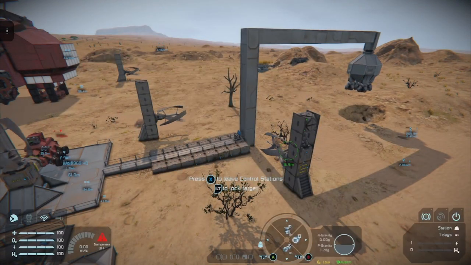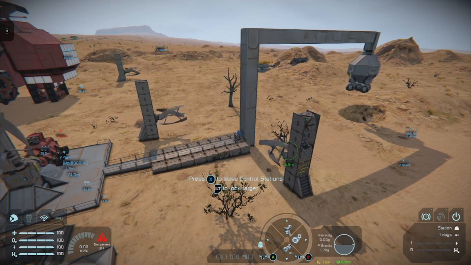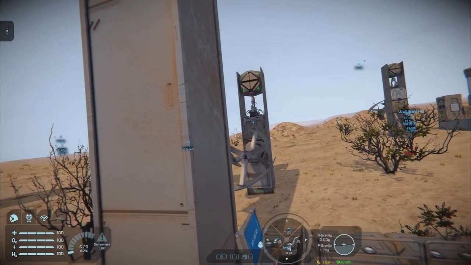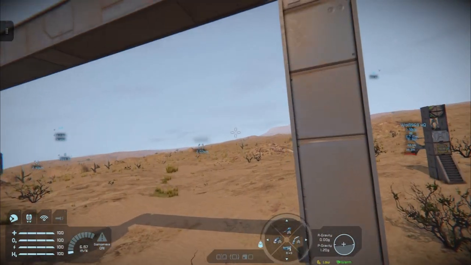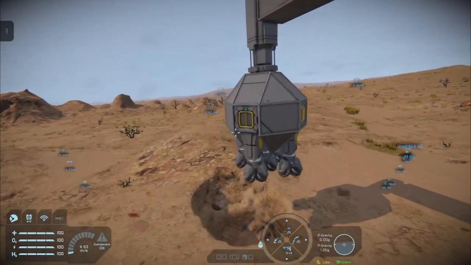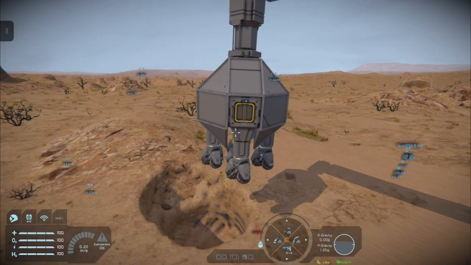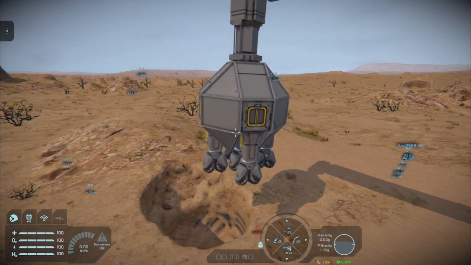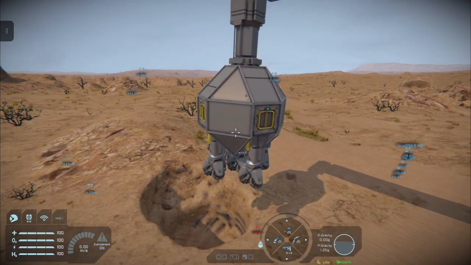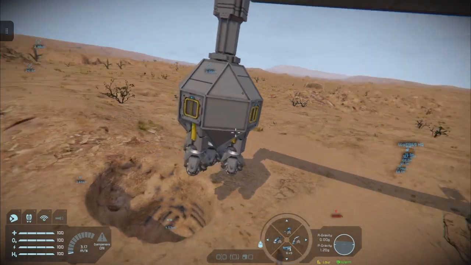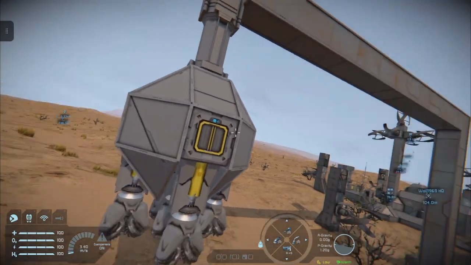And then whether or not it'll go down all the way, I don't know. This wasn't a full build of a drill, just to give you an idea how to build a nice looking drill head. And there you are. It looks good.